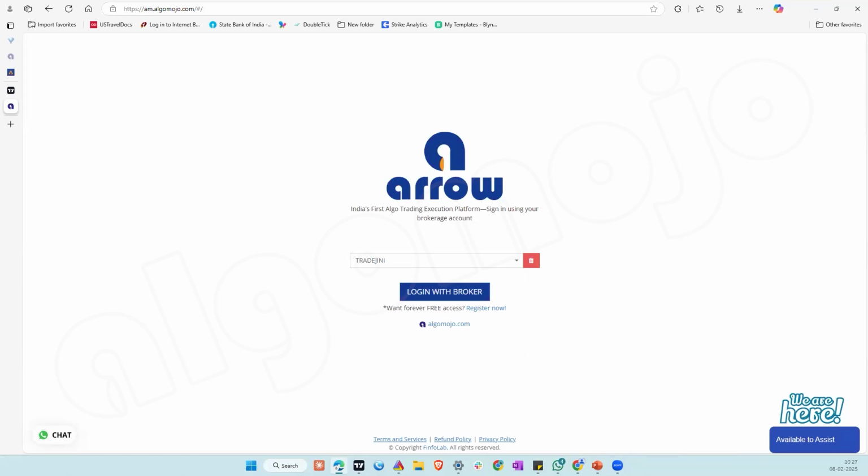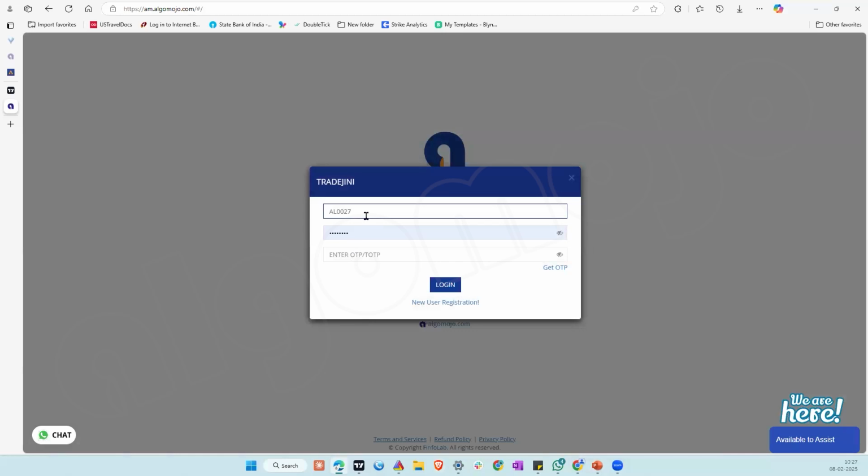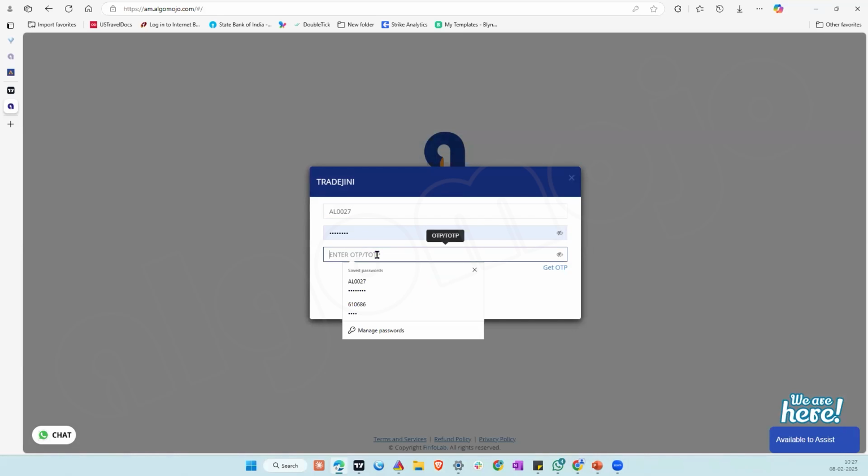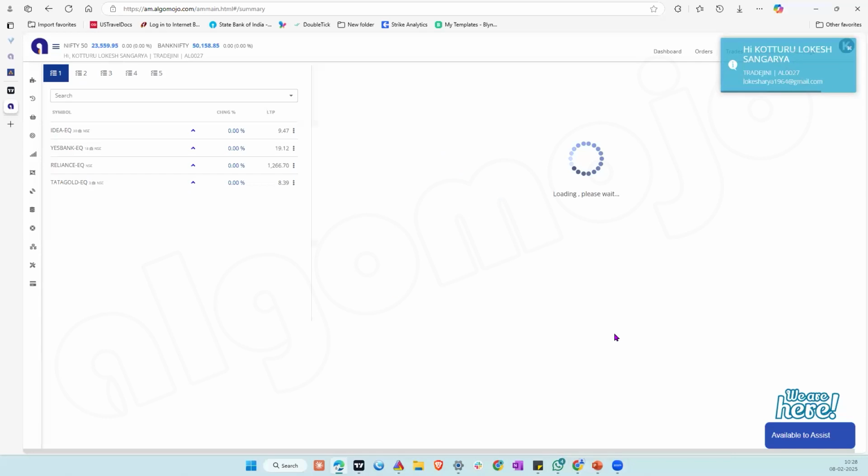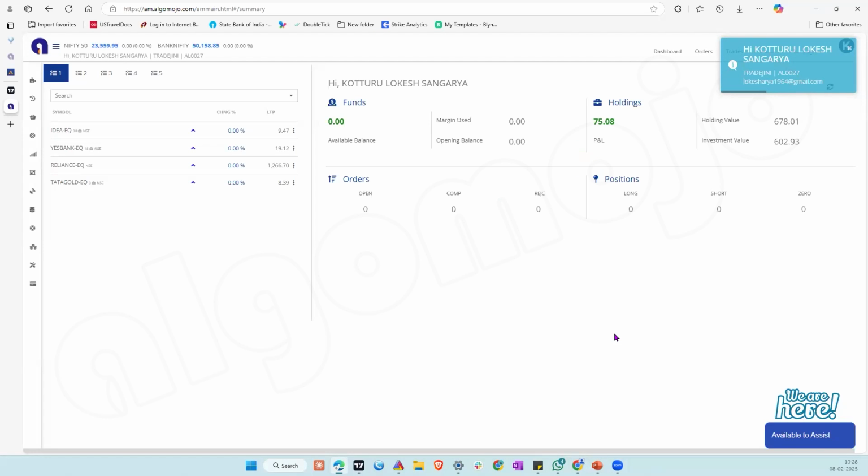So TradeGenie, login with broker. It will ask for the username, password, and the TOTP. It's the same as what you have been using for logging into broker account. And so there's no different process for using our platform. It is the same credentials. So once you update the client ID, password, and TOTP, you'll get a home page which is the same for